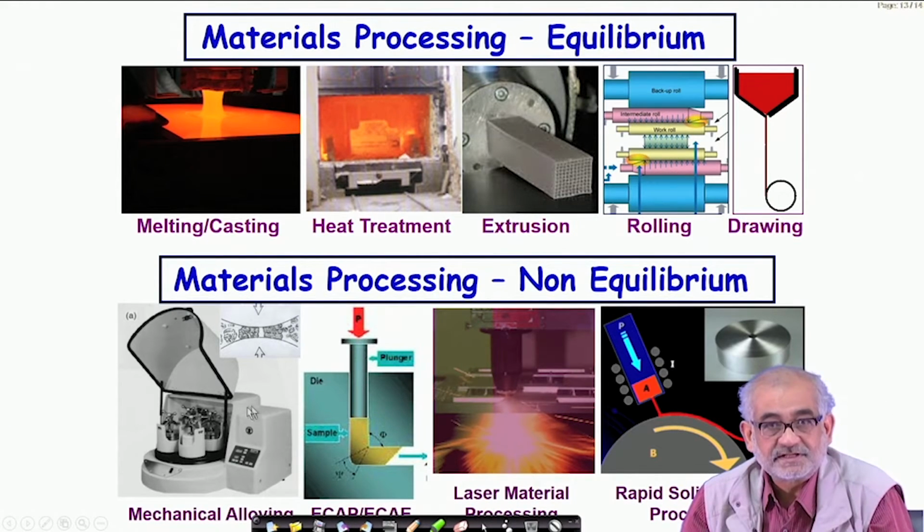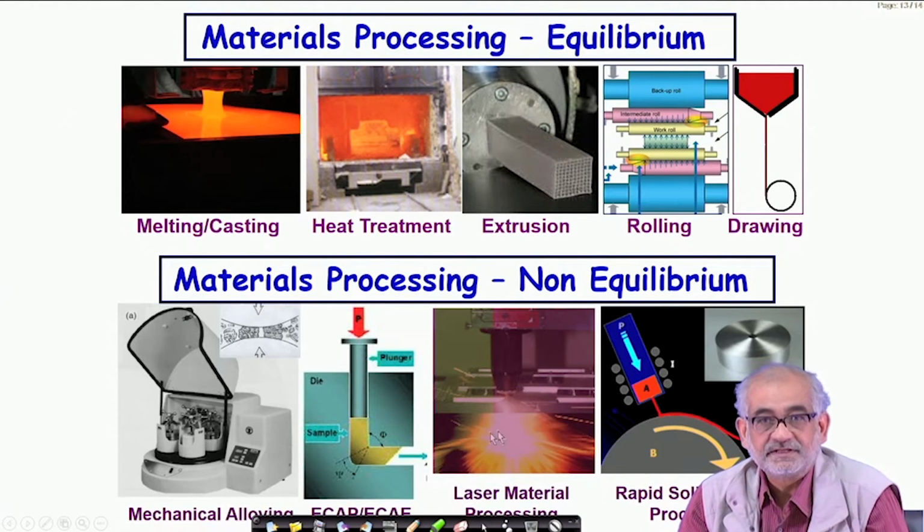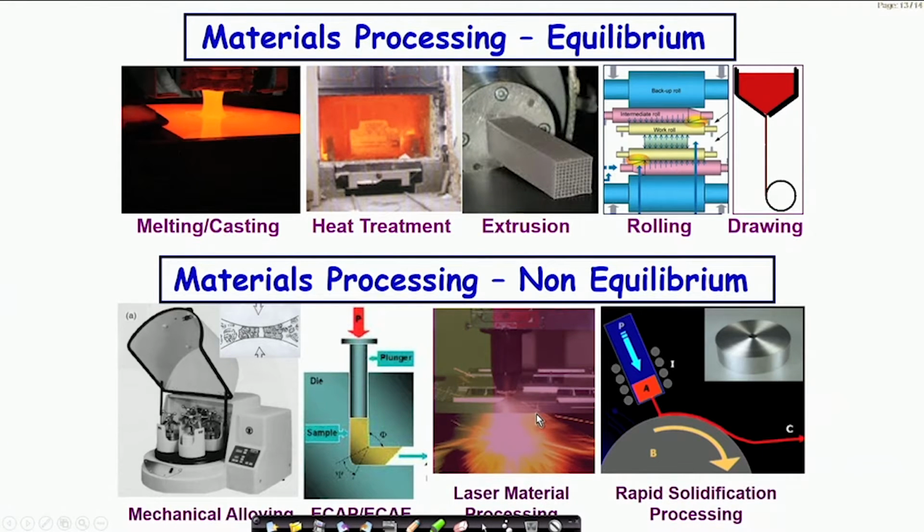So, in this processing, we essentially are subjecting the powders to high energy milling. So, extremely high rate of mechanical deformation. Here the deformation rate is low, but yet mechanical and more or less at room temperature or slightly elevated temperature. Here we are subjecting the material to ultra fast heating and cooling, taking it to liquid or even vapor state